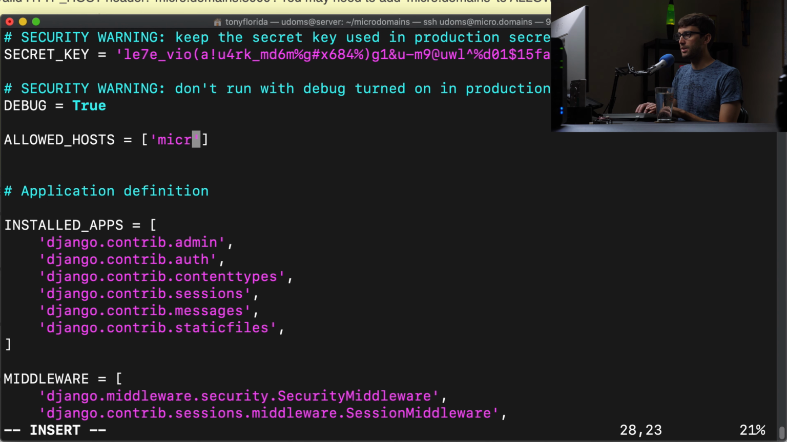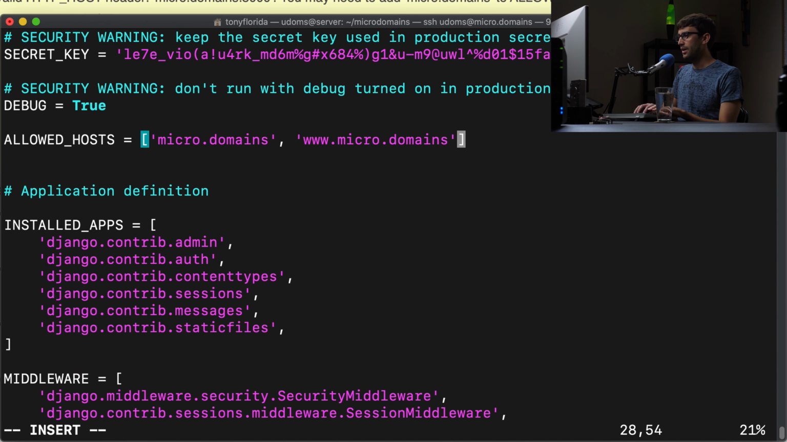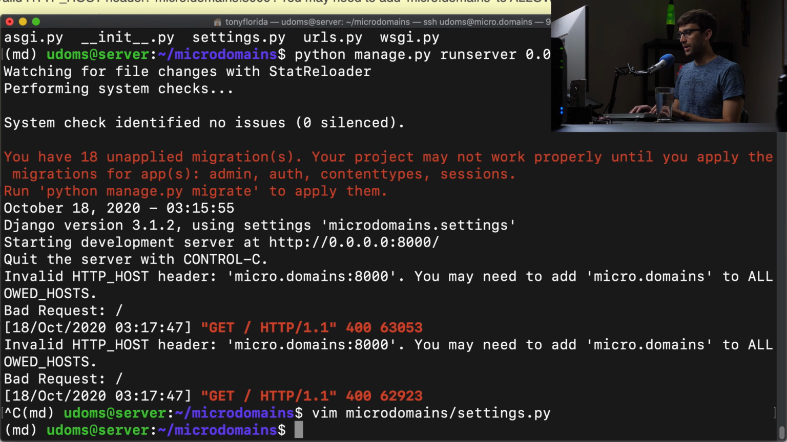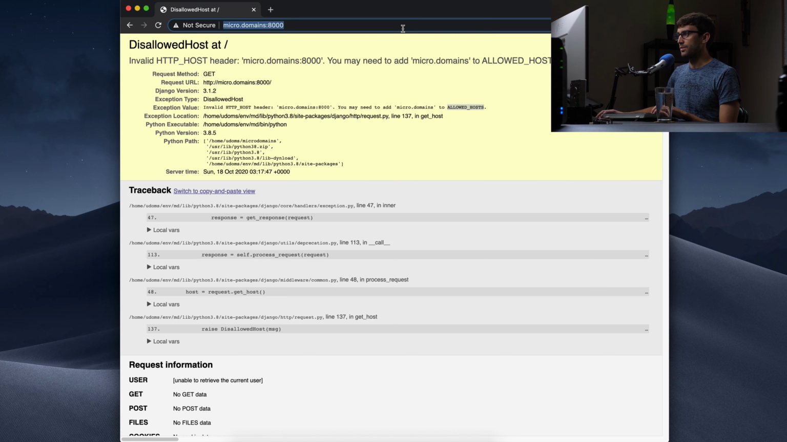So for me, it's going to be micro.domains. And then we can also do the www version, www.micro.domains. Okay, so we'll save that, spin back up our test server, open up our browser, refresh the page, and